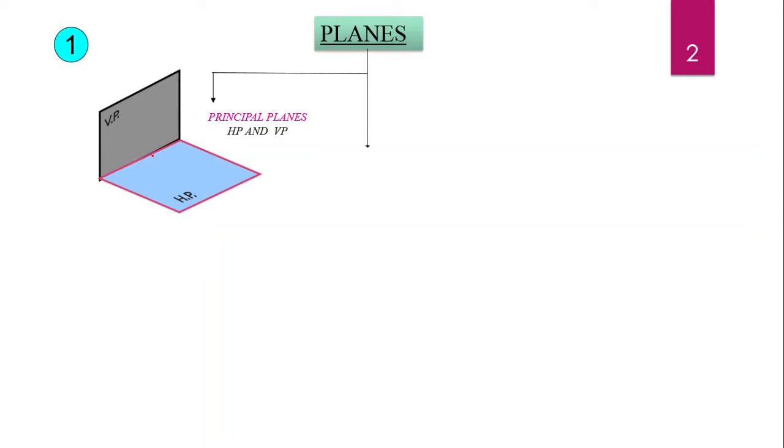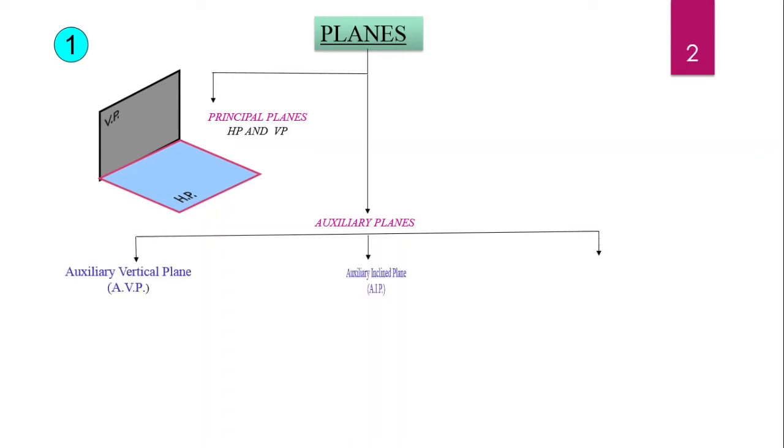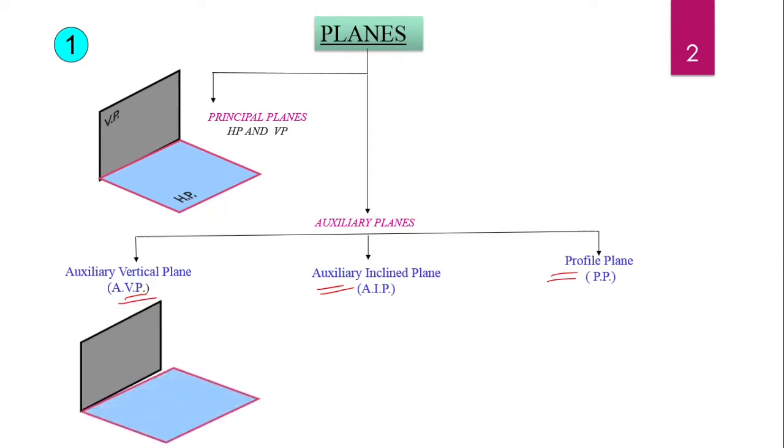perpendicular to VP. And in the second case, there are three types of auxiliary planes. First one, auxiliary vertical plane, AVP. Second one, auxiliary inclined plane, AIP. Then profile plane, PP. And the auxiliary vertical plane is a vertical plane. Vertical means that it's perpendicular to HP. Auxiliary vertical plane is a vertical plane which is inclined 5 degree